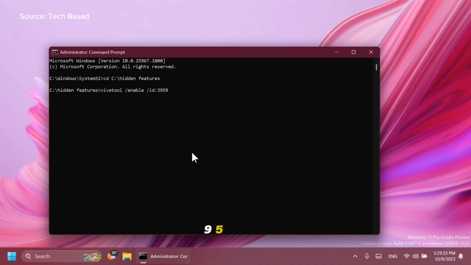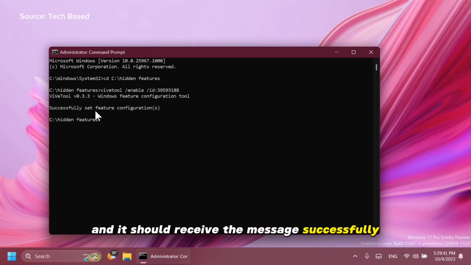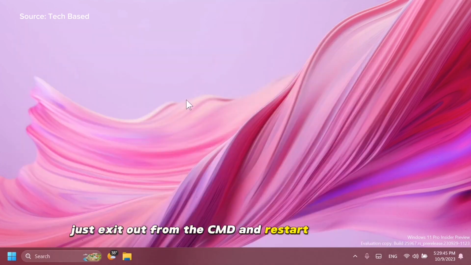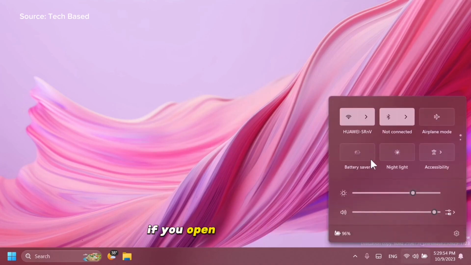vivetool /enable /id:39593188. Press enter and you should receive the message successfully set feature configuration. After you've done this, just exit out from the CMD and restart your computer so that the changes would take effect. After the restart, if you open up quick settings, you'll notice that you now have the new experience with